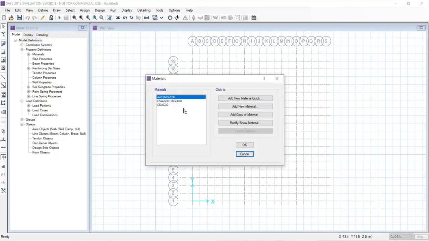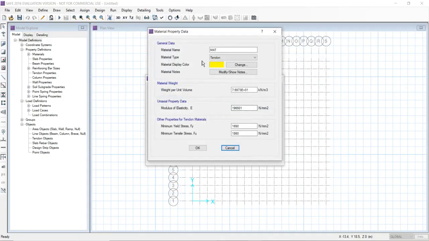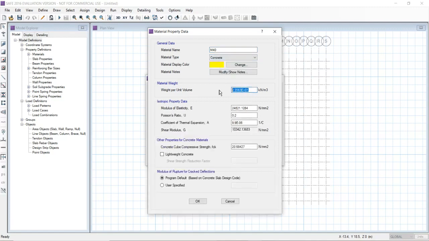Go to define, go to material, add new material, and here we will take M40 concrete, with a unit weight of 25, and modulus of elasticity, that is 5000 root fck, that comes out to be 31622.7.